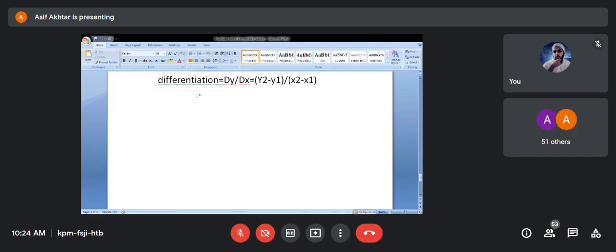So the process we call differentiation. What is this process? The process of knowing the difference in the value of y. That is, y changes from y1 to y2. This is the change in the value of y, with respect to what? With respect to x, which changes from x1 to x2. So if there is this type of change that we want to observe and calculate, we can find it out with the help of what, in simple language, we call